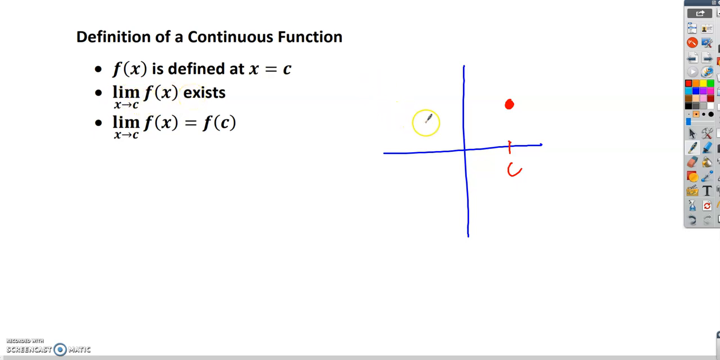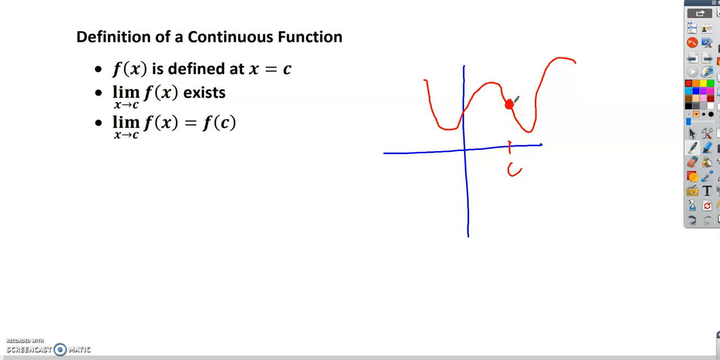So like if I brought in my graph from this side and I brought in my graph from this side, they have to approach the same Y value. And then that third part says that when you plug in C, which is this point, and that limit has to be equal. So what I was just kind of drawing there has to be true. So you have to approach the same thing from either side. That same thing has to be the same thing you get when you plug in C,